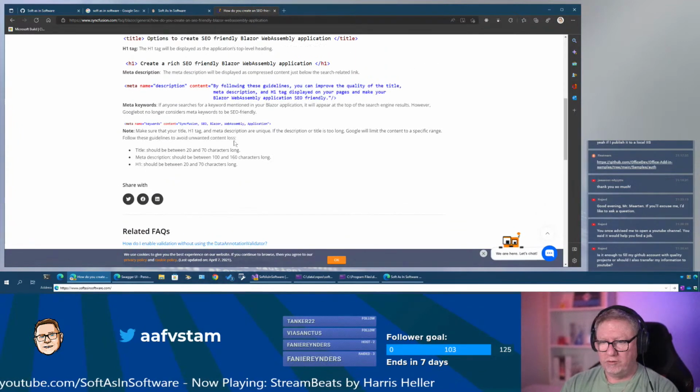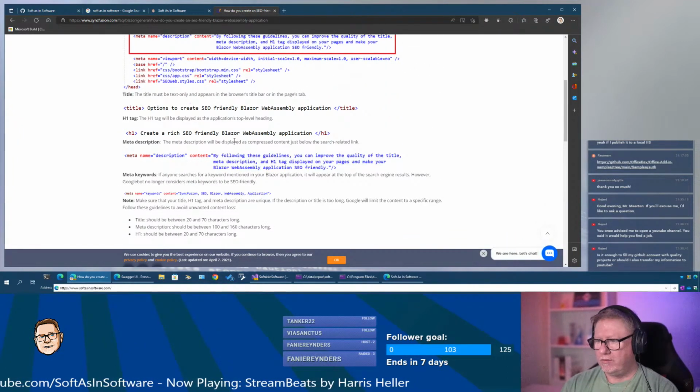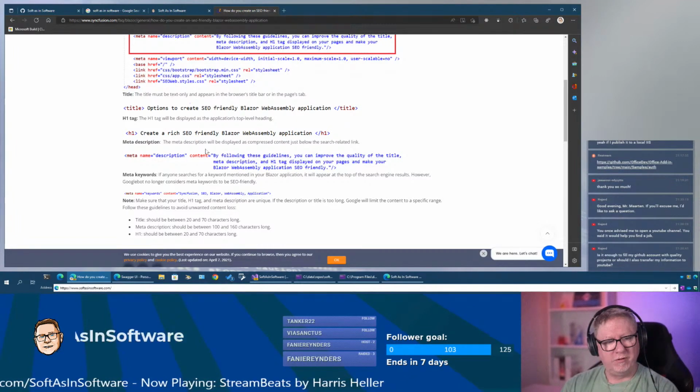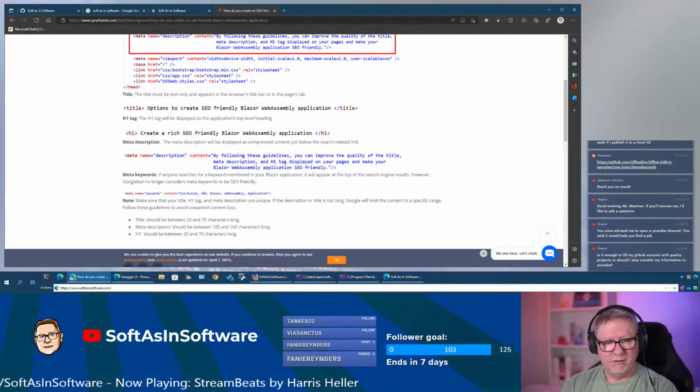That's one solution. But there is also another option like pre-rendering, I think. But to get back to your question, some other thing that I do